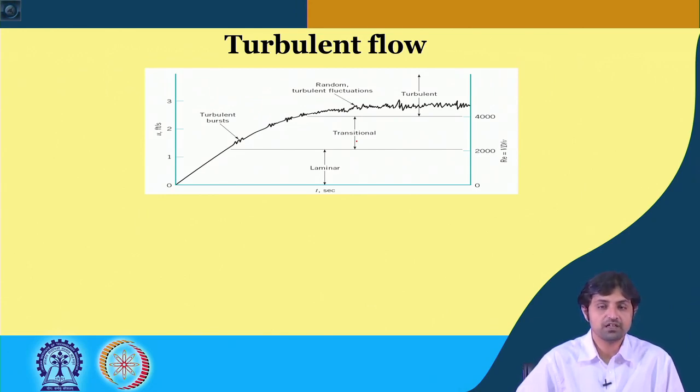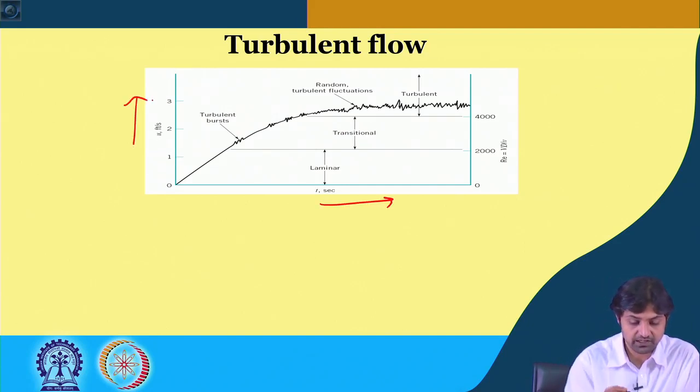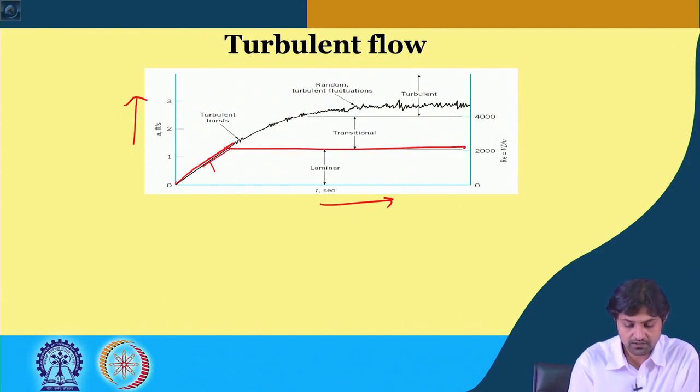The one that we saw was for a general case of flows, in the week number 3 that we went through. Okay, so here there is a figure that shows time on this axis and velocity on this axis. You see, as the velocity is increasing, until some point the velocity is less. So, this is the laminar region.